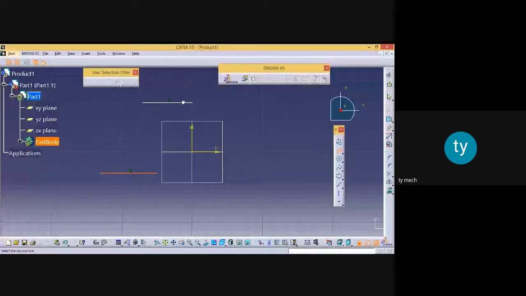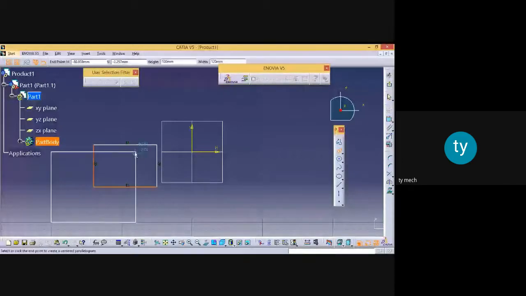Just wait, I think there is some problem. So in this way you can draw a centered parallelogram.